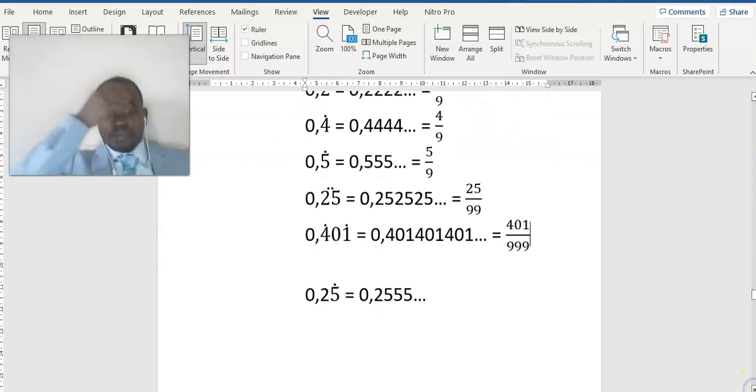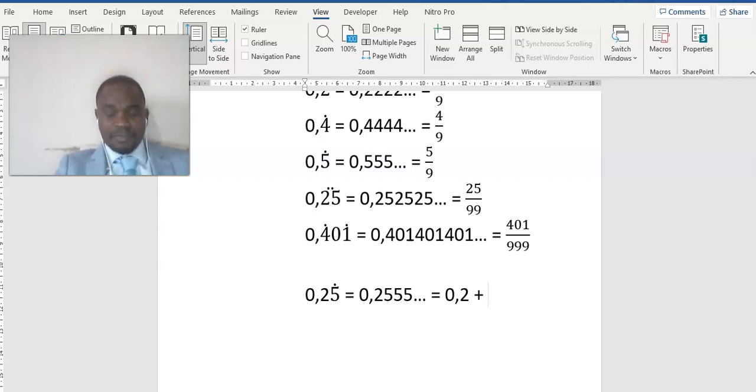Now this one is also a rational number because I can write it in the form A over B, but I'm not going to show this one here because of time. Another video I'll prepare something on that one. For this one, it's also a rational number. Let me just do one. You see this and this are only repeating, so this 0,2 is not repeating, so you separate it. 0,2